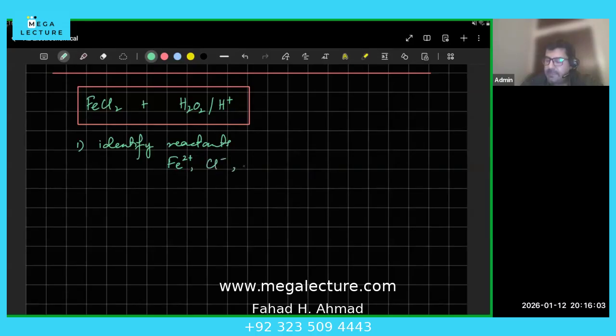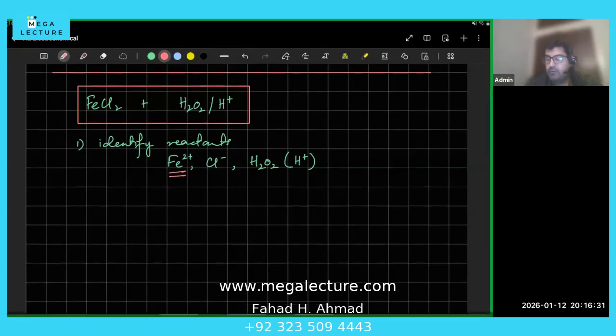Okay. I said then H2O2 is a covalent molecule, so it cannot be split into ions, so that's H2O2, and then it's acidified, right? That means H2O2 has H plus one with it, right? So I need to figure out what's going to happen between these three. Who's going to gain electrons? Who's going to lose electrons? So right now I have no electrode reaction. I just have Fe2 plus.